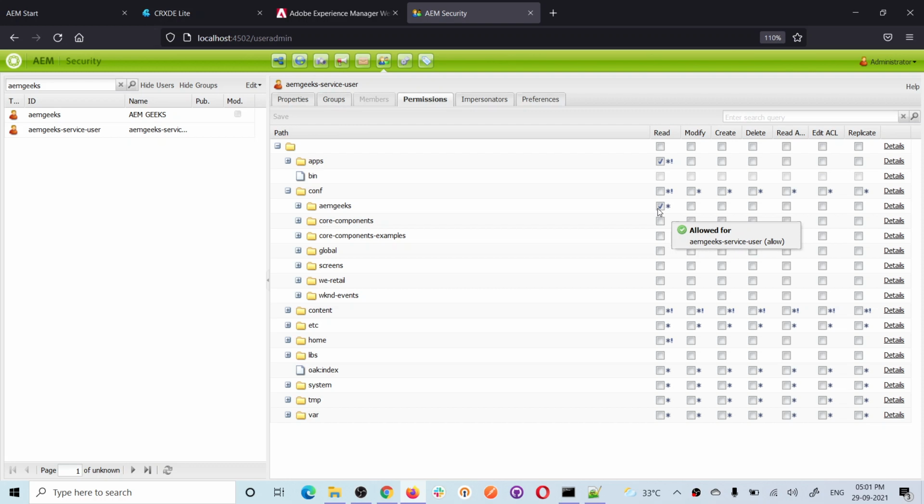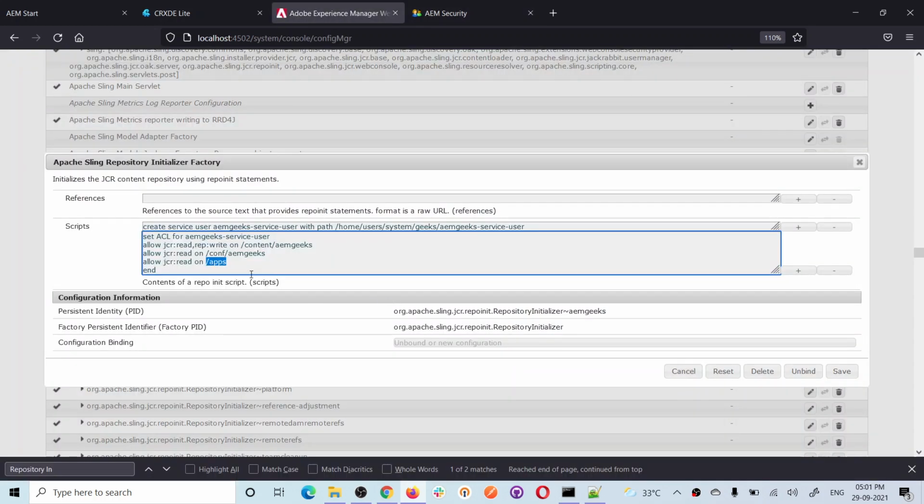So whatever permission I gave, those are available here. So now you know how to create a service user, which is very, very helpful. You don't need to maintain any ACS Commons for this, right? Now how can you create a group and user.